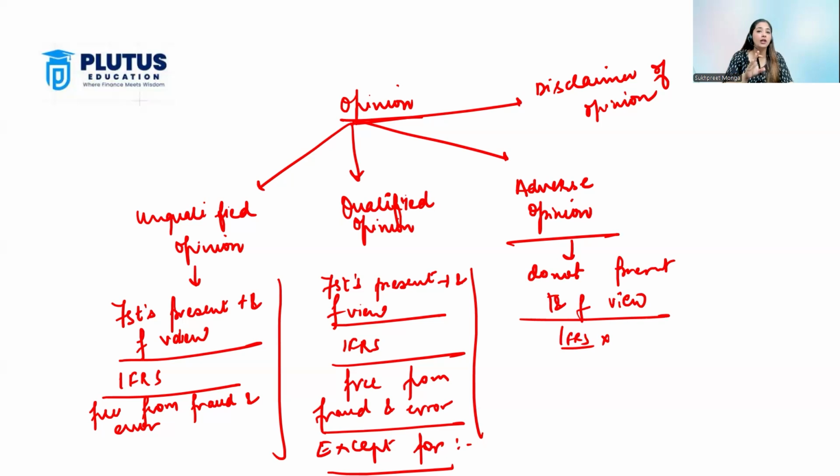Disclaimer of opinion is an opinion that is issued as a last resort, auditor के पास। Auditor कहते हैं कि हमें इतने sufficient and appropriate audit evidences ही नहीं मिले, that we didn't get support from the management, या हमें किसी भी वजह से इतने evidence ही नहीं मिले कि हम अपना कोई opinion draft कर पाएं। मतलब overall financial statements के ऊपर अगर आपको एक पर्टिकुलर चीज के ऊपर ओपिनियन नहीं मिला, फॉर एग्जांपल आपके रिसीवेबल्स के डॉक्यूमेंट जल गए, और दैट पर्टिकुलर रीजन आपको रिसीवेबल्स के डॉक्यूमेंट नहीं मिले, दैट इज व्हाई वी आर सेइंग कि मुझे रिसीवेबल्स के ऊपर सफिशिएंट एंड एप्रोप्रिएट ऑडिट एविडेंसेस ही नहीं मिले,